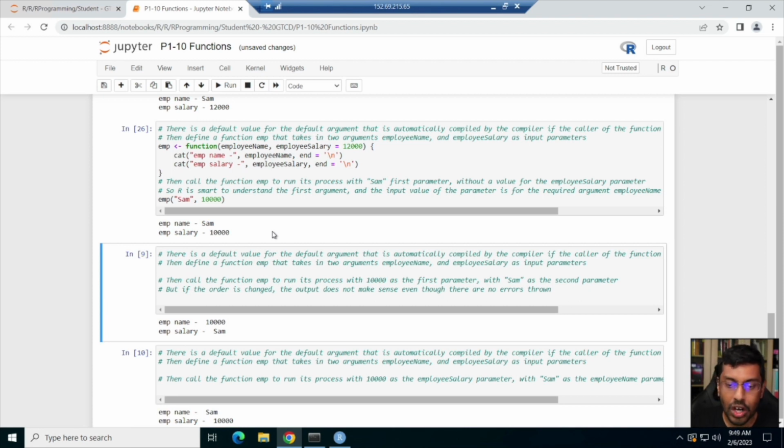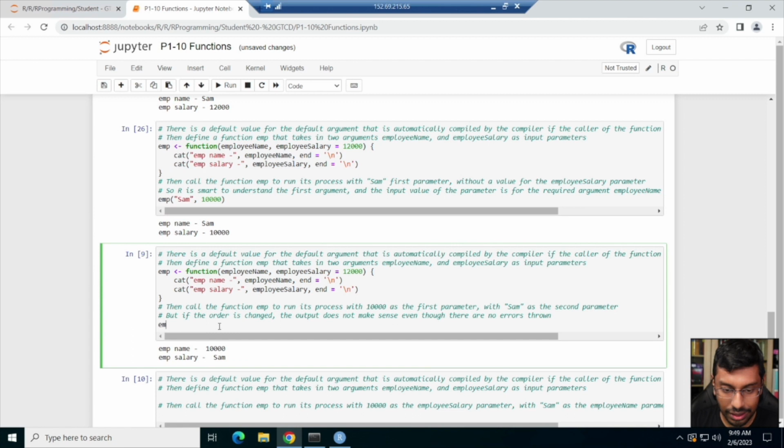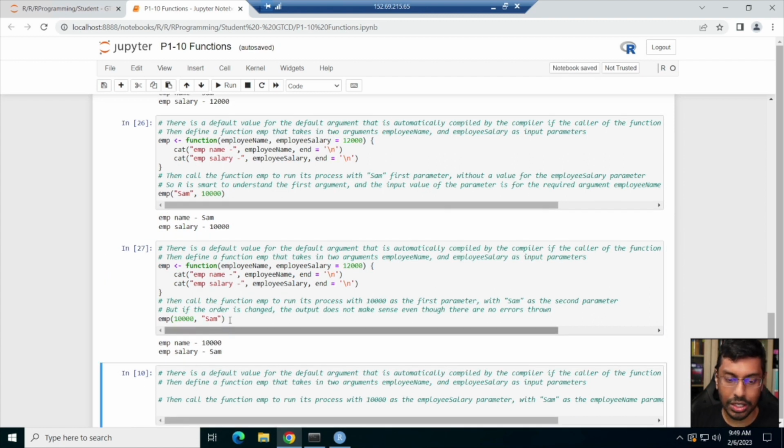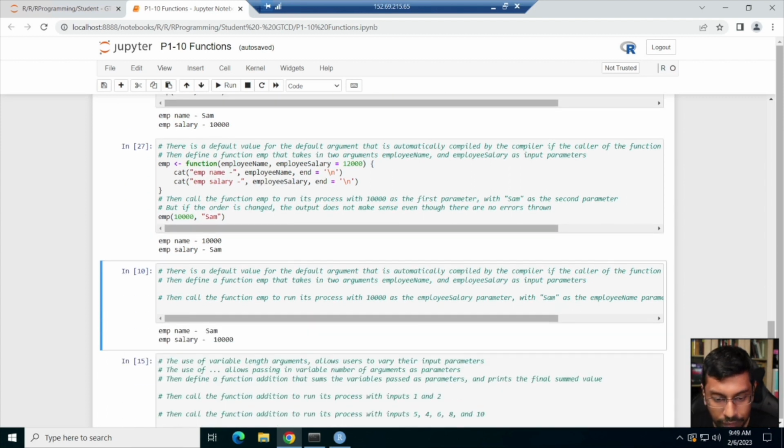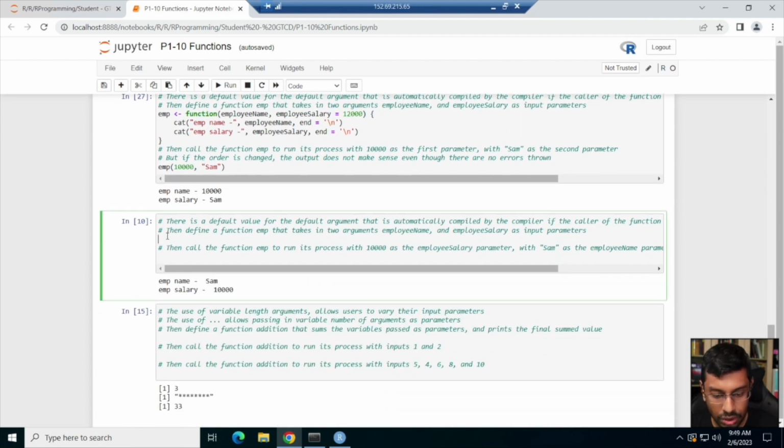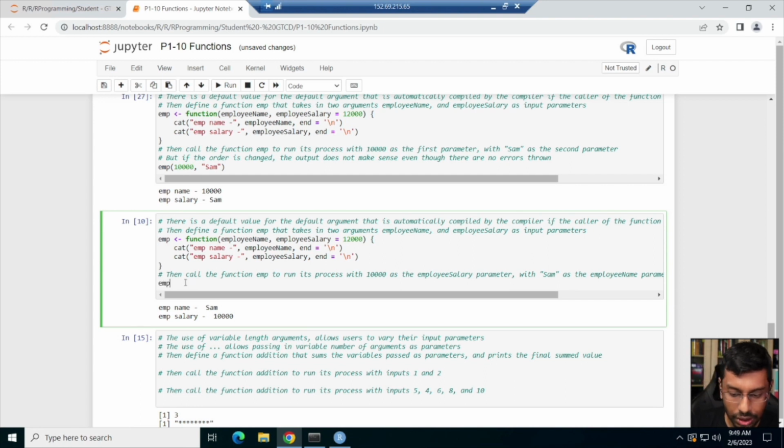There's a default value for a default argument that is automatically supplied by the compiler if the caller does not provide it, right? So now, what happens if we switch it around instead? This is the tricky part. What happens if we do the same thing, but we pass in 10,000 first, and then SAM later? This is a problem because it will take the name as 10,000 and SAM as the salary, which doesn't really make sense. So one way to avoid such confusion will be, when you are calling your function,